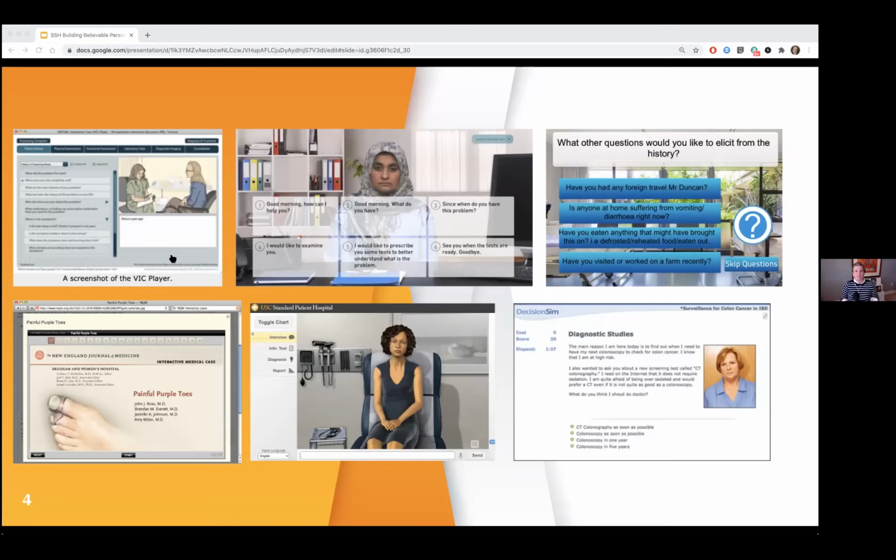The definition given to us by SSH is a representation of an actual patient. Virtual patients can take many forms: software-based physiological simulators, simulated patients, physical mannequins and simulators, or a second definition, which is a computer program that simulates real-life clinical scenarios in which the learner acts as a healthcare provider, obtaining a history, physical exam, making diagnostic and therapeutic decisions.